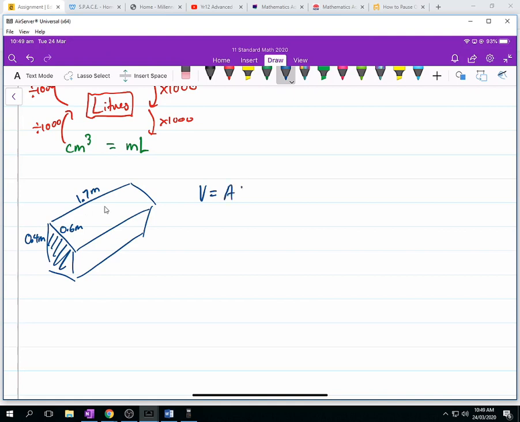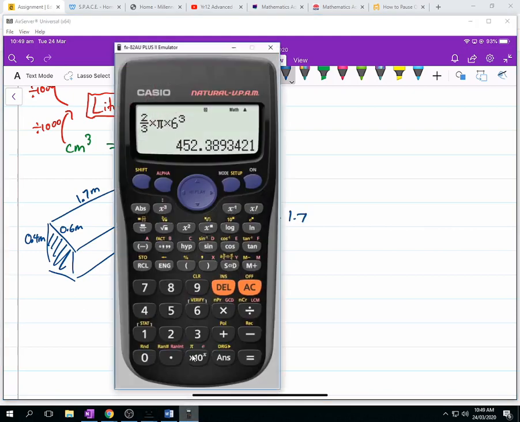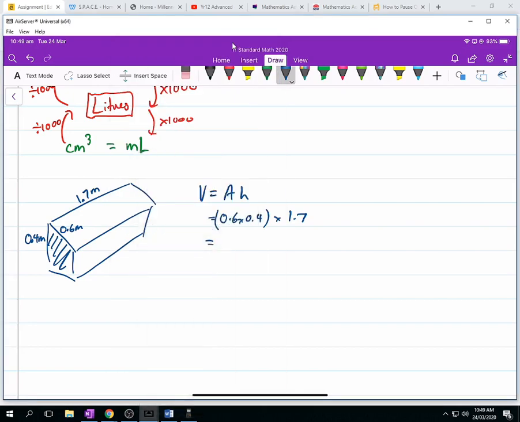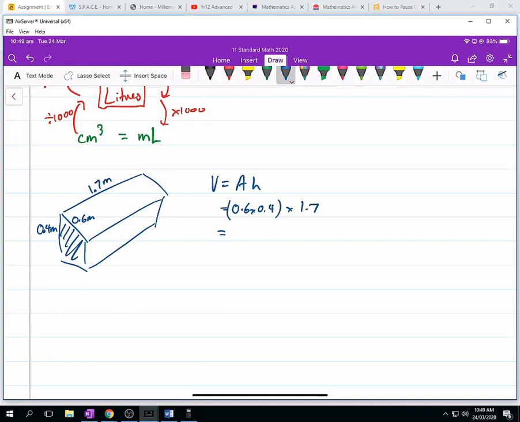I'll use that because it's on our formula sheet. 0.6 times 0.4 is our area, and then we're going to times it by 1.7. So that will get us the volume of our bath, which is in cubic meters. So 0.408 cubic meters. Now, if we wanted to work out the capacity, then we would say capacity